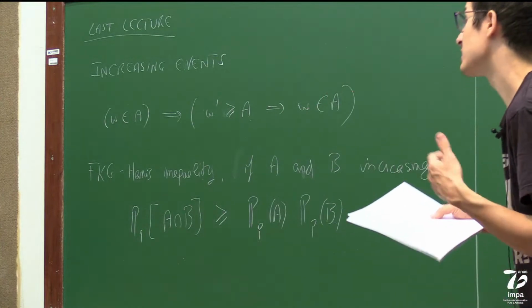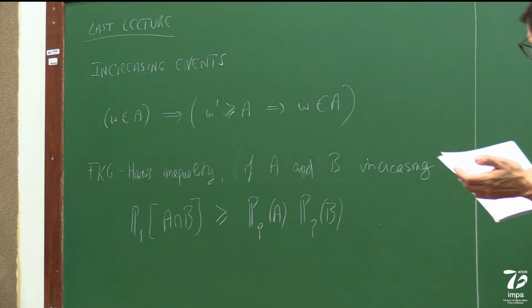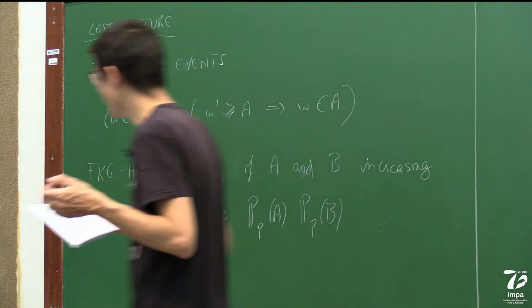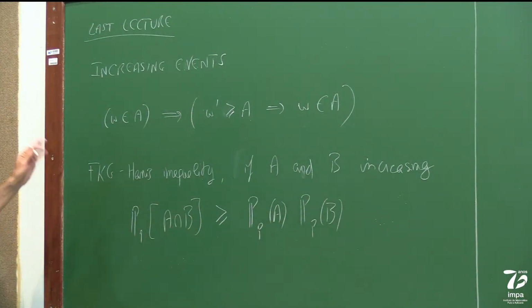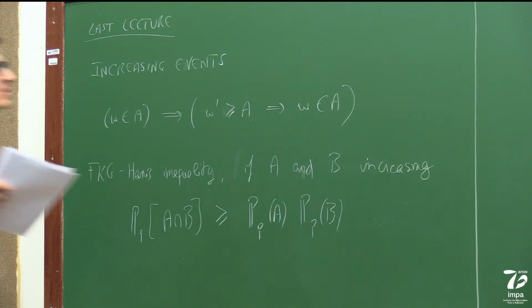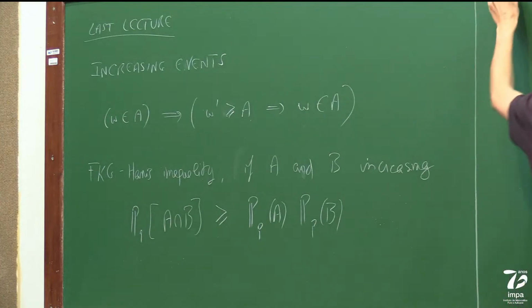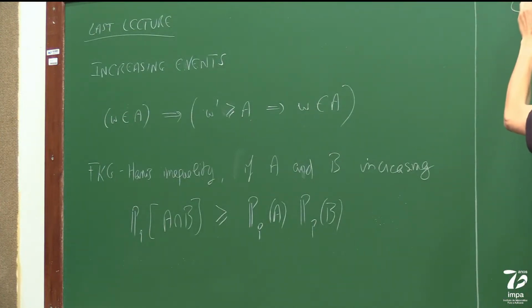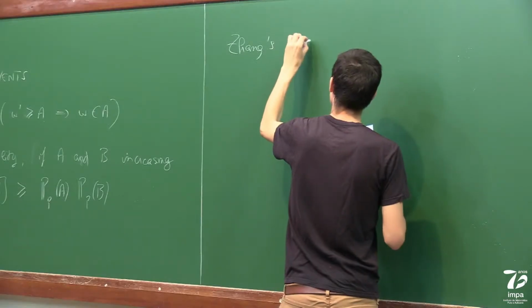But in fact, by approximation, it's valid for any increasing events. And maybe when we applied it, it was actually for events that depend on infinitely many edges. But for these events, our proof is sufficient because we know how to approximate them. So if you remember, the application we had for the Harris inequality was Zhang's argument